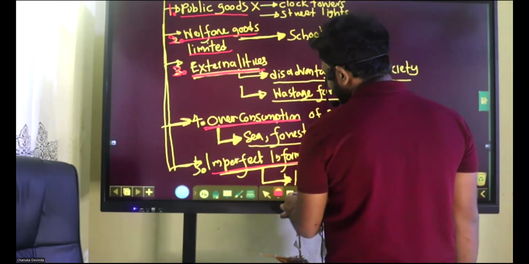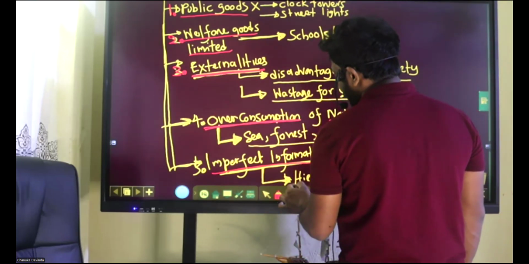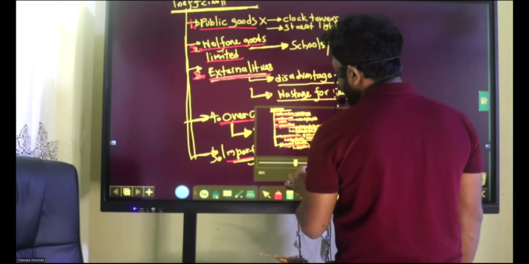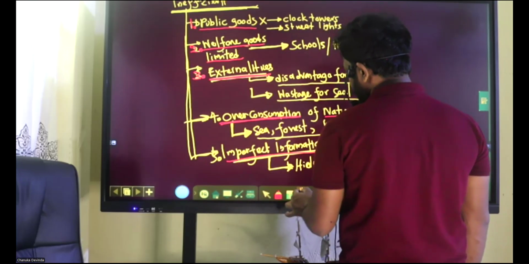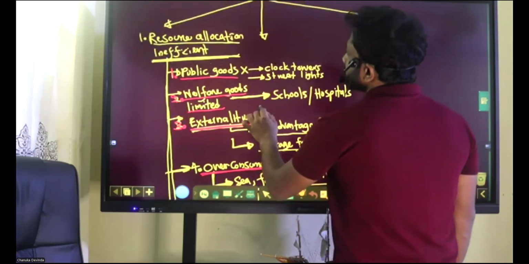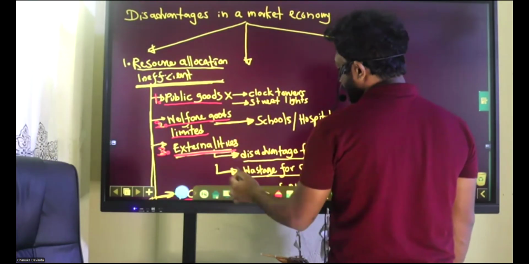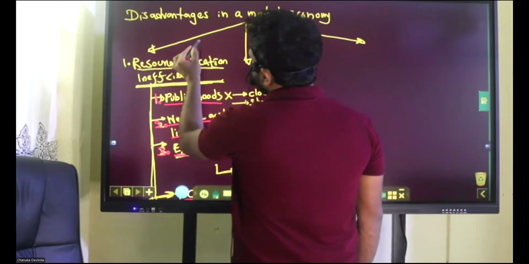So those are the things that we can identify why market economy is inefficient, right? So first disadvantage was that